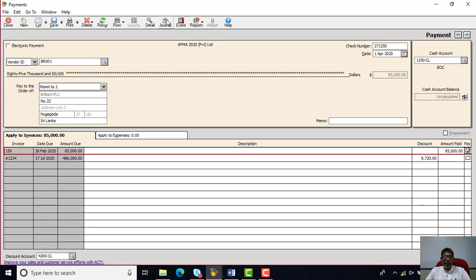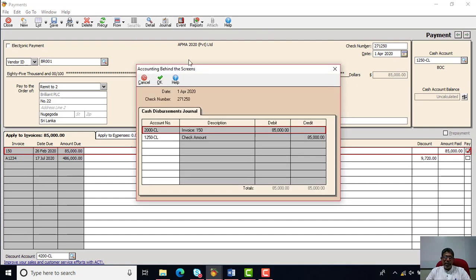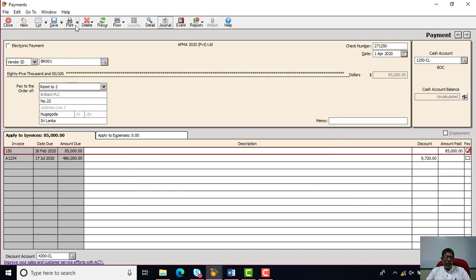Now when you go to the journal entry, we can see how the ledgers are going to be updated due to this particular transaction, and how the double entry is going to be posted. The bank account will be credited 85,000 and at the same time it will be debited to the appropriate vendor, as well as the general vendor ledger account, right? The control account of the vendors will be debited, so it will be reducing the value owed to the vendor. Okay.